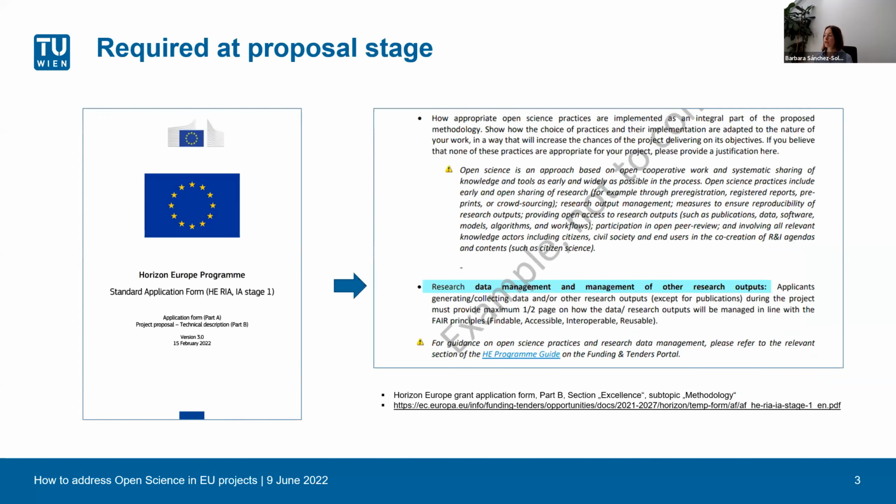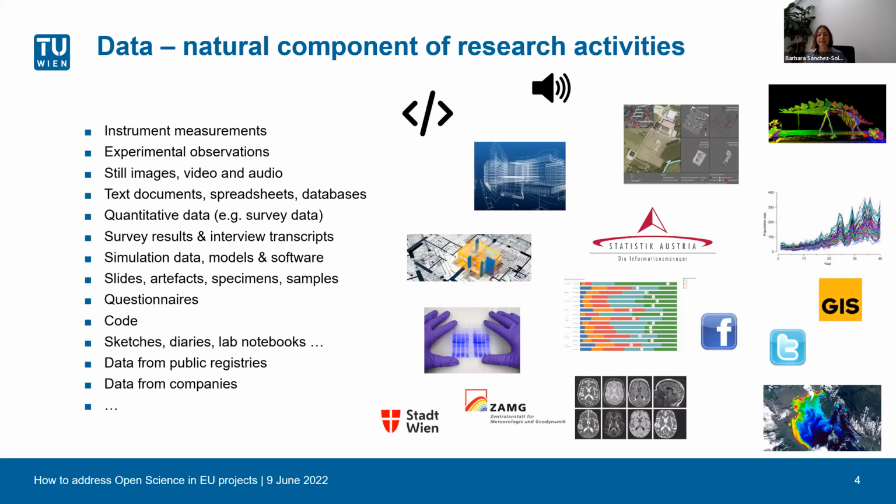So, the European Commission demands open science information and related information like research data management at a very early stage, namely in the proposal stage already. So this is a copy of an application form where they say they would like to have a description, half a page, up to 1 page maximum, of how you plan to do the research data management. Before I go into this, a side note with this slide.